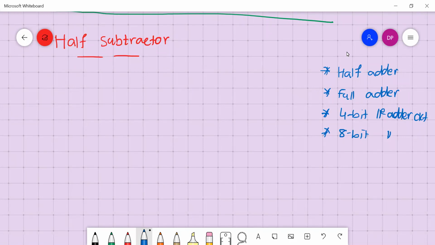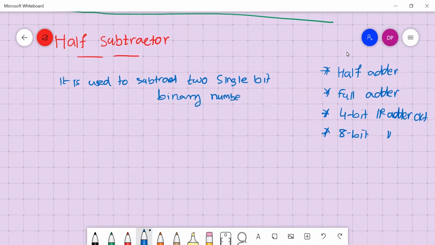So it is used to subtract two single bit binary numbers, right? In decimal subtraction, two single bit means 8 minus 4, we will be getting 4, right? So this is only single bit. Similarly, in case of binary, two single bit means what kind of